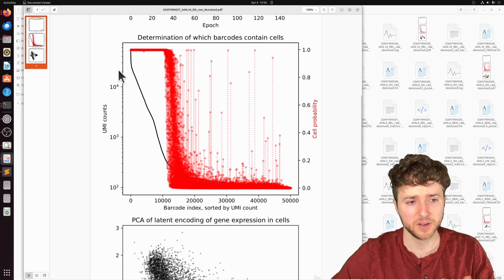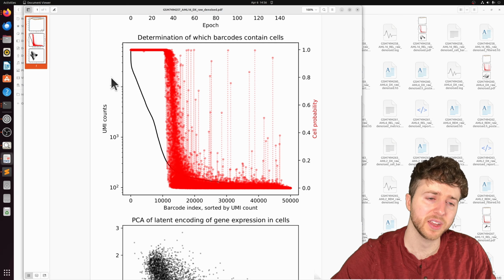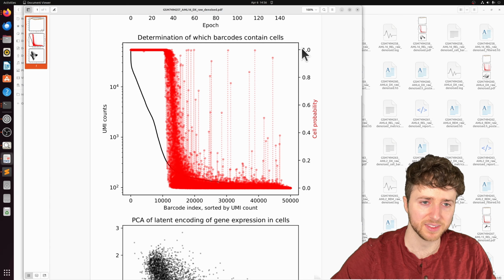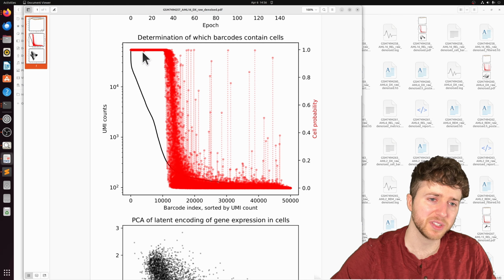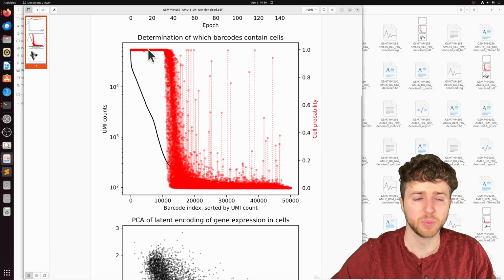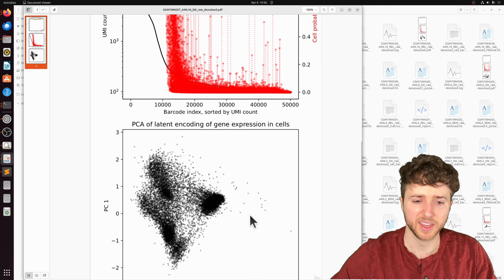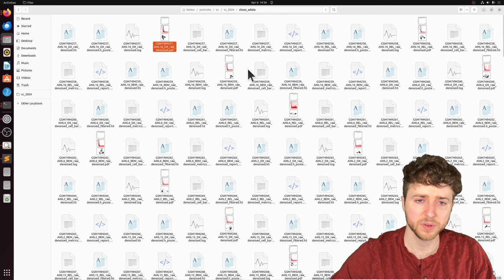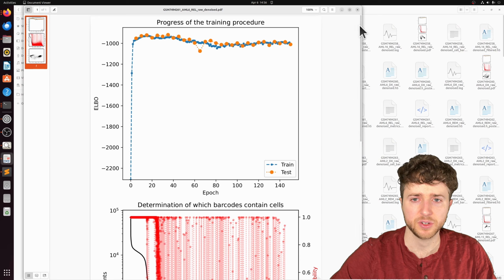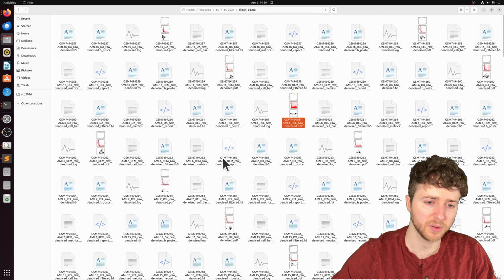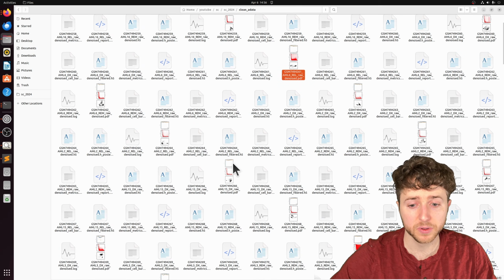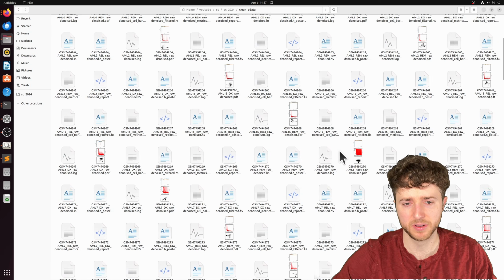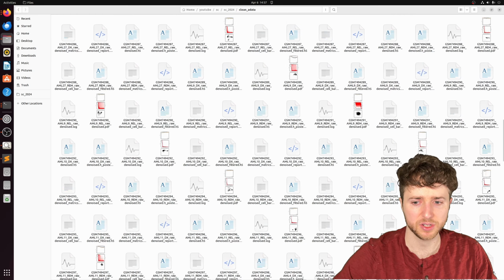If you look at this plot, we have the UMI counts and then the probability it's a cell. Of course the droplets with the most UMIs are going to have high probabilities of being a cell, and we don't have to really worry about that. So you can just quickly go through and check the different training plots just to double check that they all look okay. But for the most part, CellBender usually does a pretty good job.